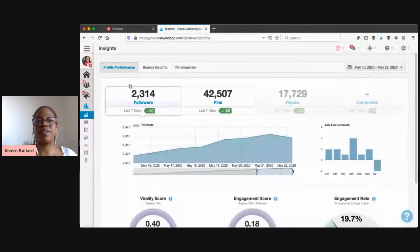Okay, where were we? Let me quickly share that screen with you. All right, when you first log into Tailwind, they show you all your stats. Not important right now, but what's important is for me to show you the tribes. Actually, I'll show you the